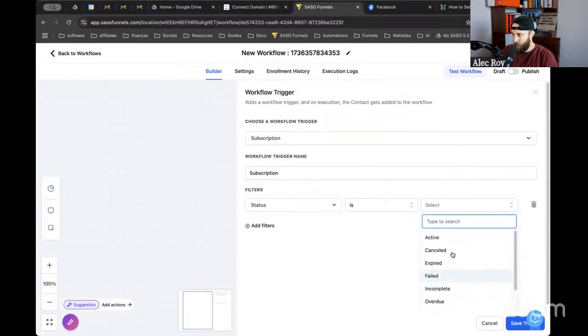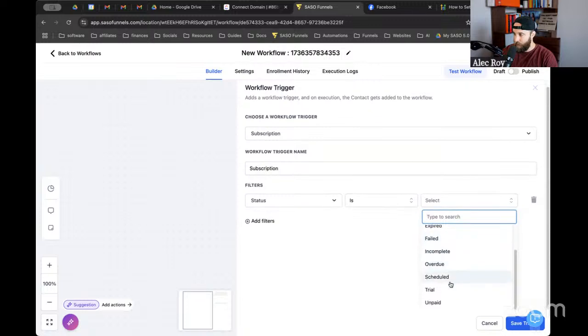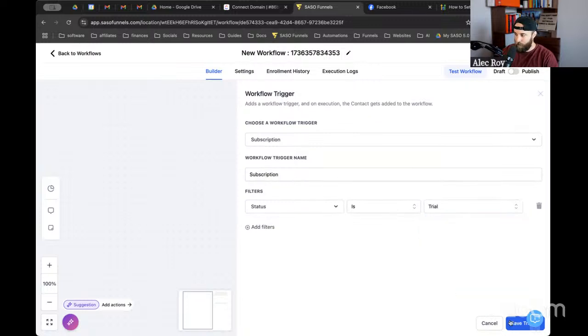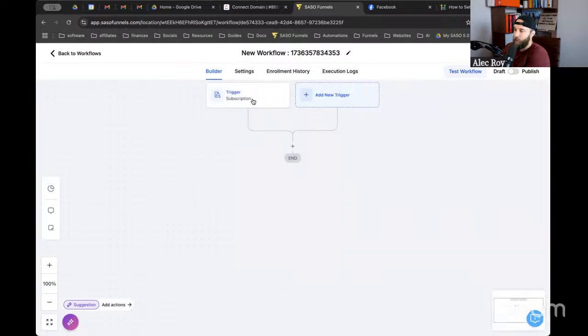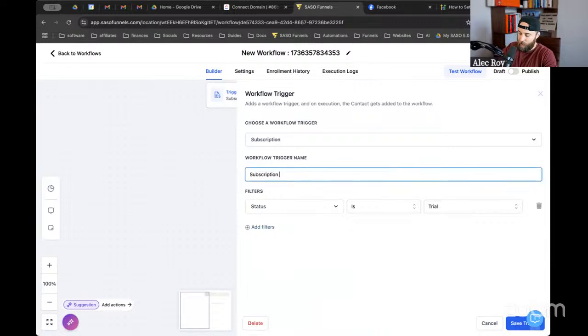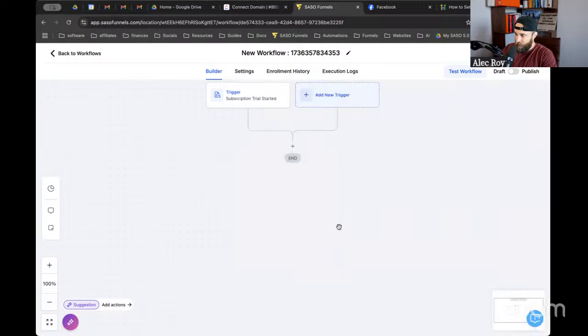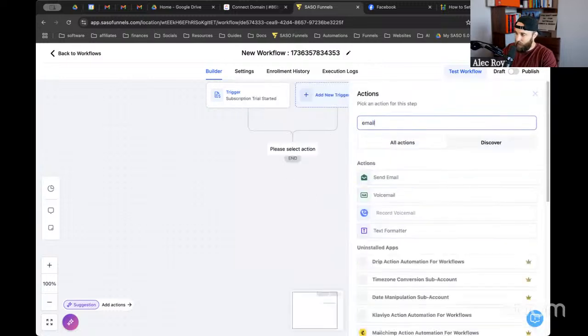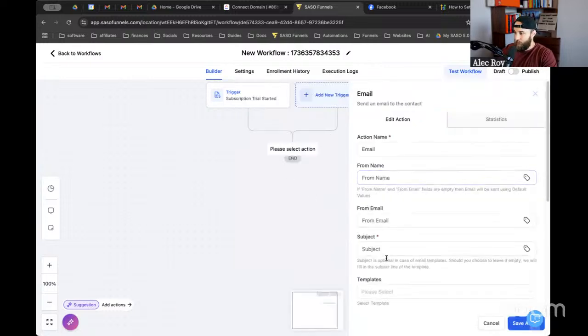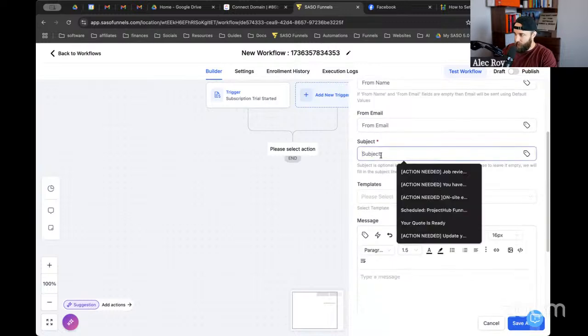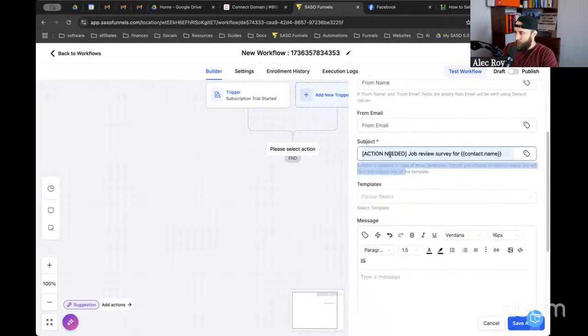If you have no trial, then you just do active. So let's say the minute they sign up for a trial, you want to onboard them. So now this subscription status, subscription trial started, is your trigger. And what you're going to do is then basically email them the form. So you just send an email. So you would just say, action needed, fill out your onboarding